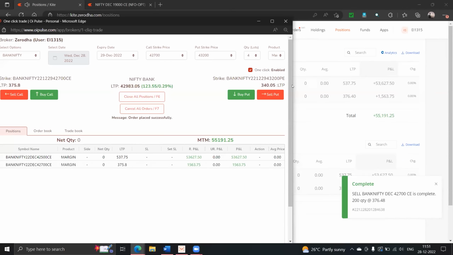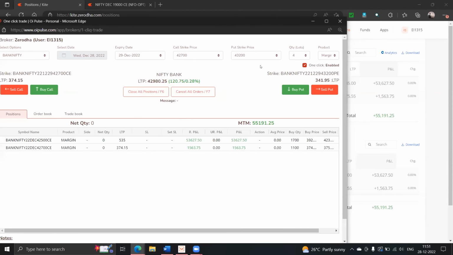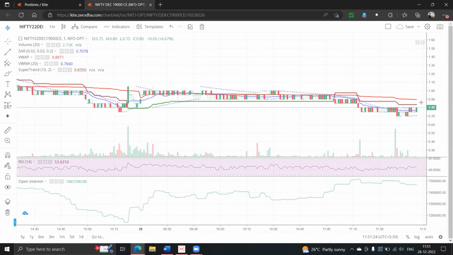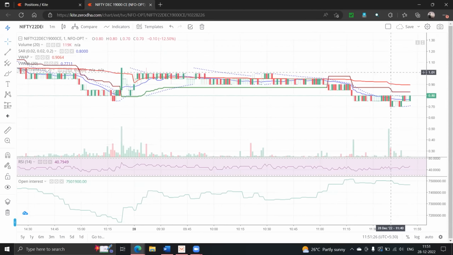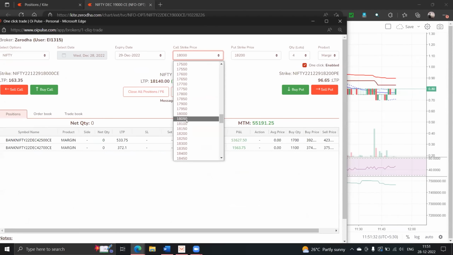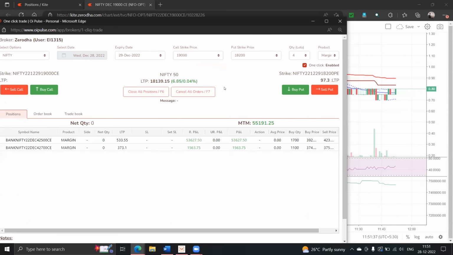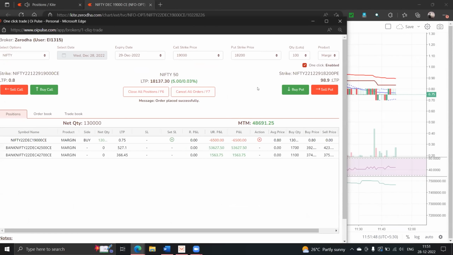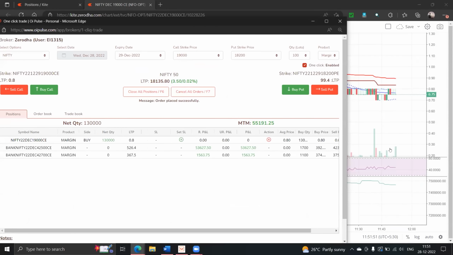There is another one wherein people will be asking me, Shiva, will I be able to enter in Zerodha also the same kind of in quantity? Look at this particular one. Look at the Zerodha. Again, the same 19,000 call. I'm going for 100 lots. We have gone to 1,30,000. This particular candle, we created it. Correct? Now, if I wanted to exit on the same candle,